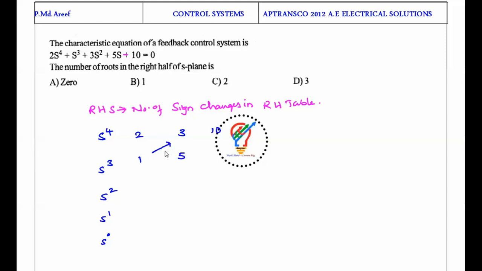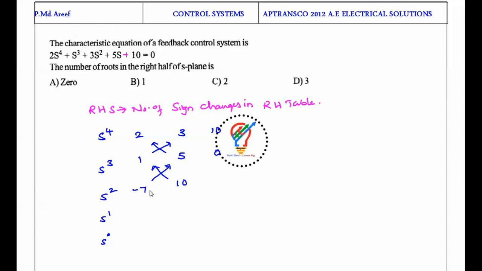When you cross multiply here, 1 into 3 minus 10 leads to minus 7, and here, taking 0, 1 into 10 minus 2 into 0 divided by 1, it is 10. And next cross multiplication, with minus 7 and 5,